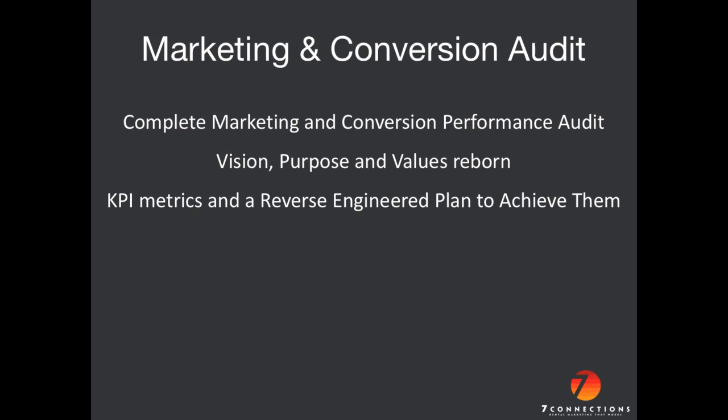The next thing we want to look at during this audit is actually what your KPIs are. So as you saw in the beginning of this, one of the visions that I put was to enhance 20,000 lives by 2020, right? If it's KPI, we got to look at how your marketing is performing now and come up with a realistic plan and reverse engineer how to get there. Remember, the moon, we got to get there. NASA reverse engineered a plan to get a man to the moon. We want to do the same thing with your marketing. We will want to look at your KPIs and reverse engineer a plan so that you can actually fulfill your